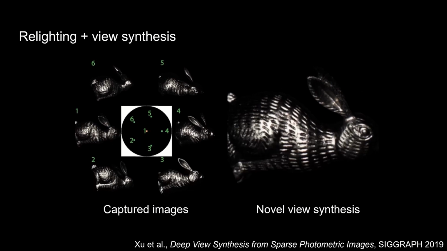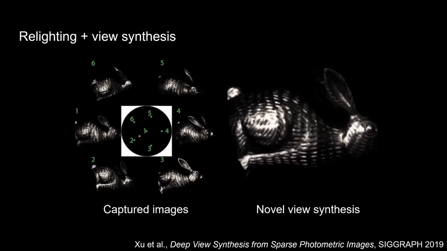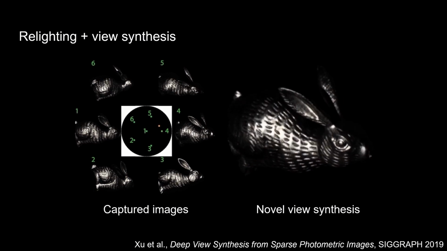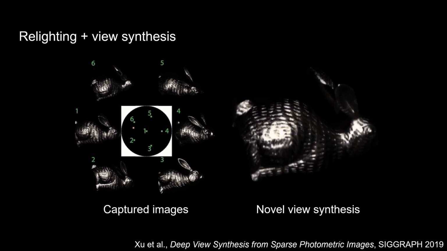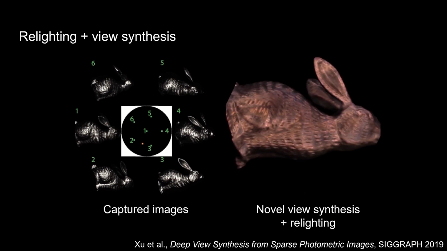We capture images under 6 lighting directions and 6 viewpoints. And then we can change the view very realistically using the view synthesis technique. And at any novel viewpoint, we can also stop and do the realistic relighting using the relighting technique I just introduced. Our relighting method is designed for relighting general real scenes, and it requires 5 or 6 images for high-quality